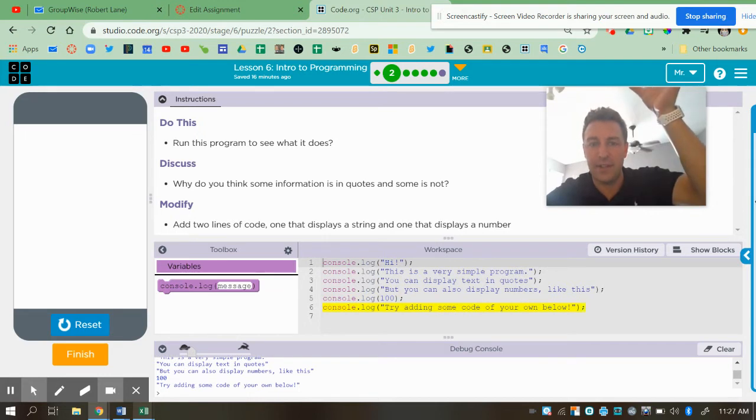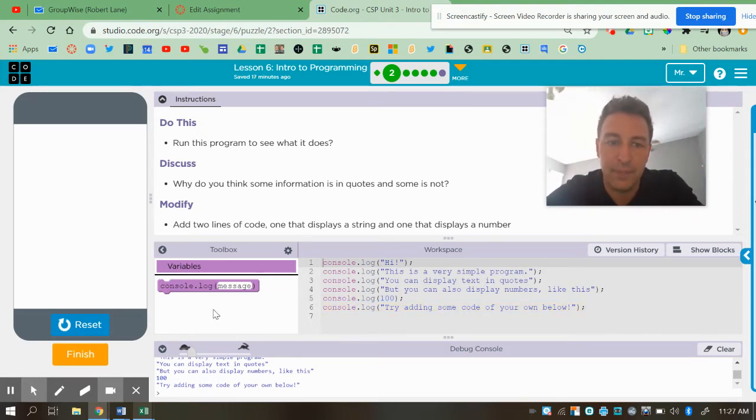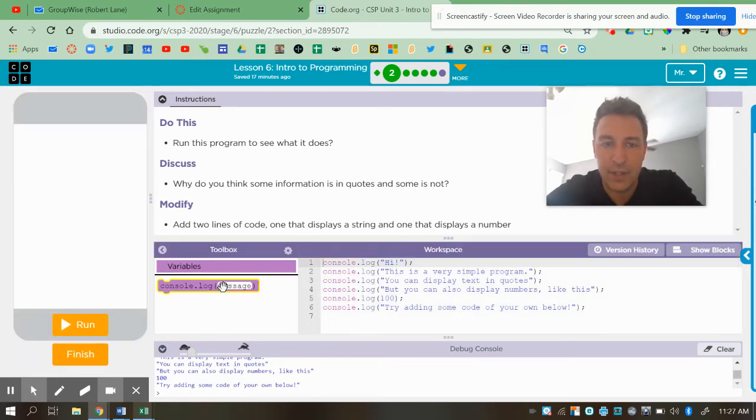So when we think of our apps, everything starts from top to bottom as we are writing that book. And I'm going to hit reset. And so what they want you to do is add 2 lines of code, one that displays a string and one that displays a number. When it's a string, it's like your text there. And our code is very finicky. So if you're missing your quotation marks or your semicolon or your parentheses, it could get a